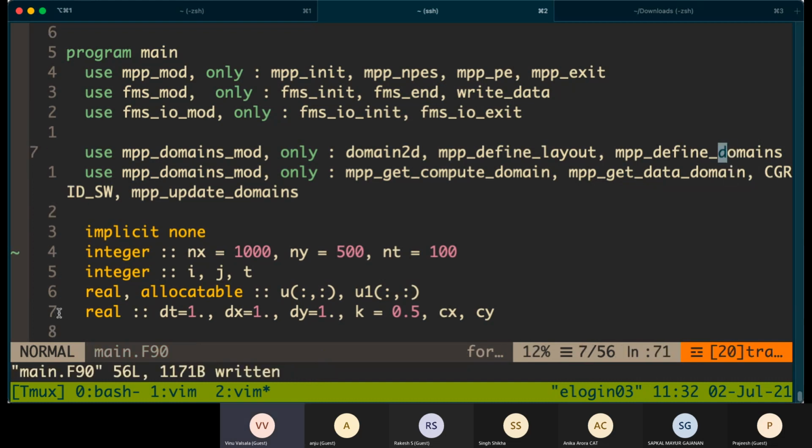So I have imported some routines and some functions from the MPP domains mode.